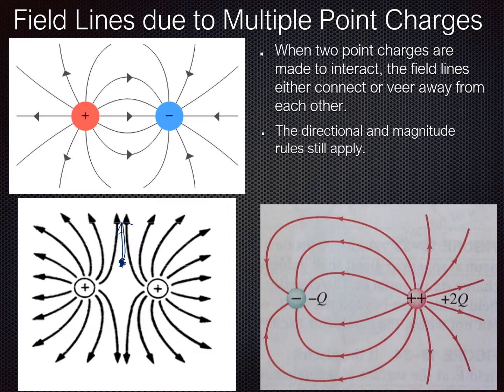So you can see that it's a similar shape, but the shape is kind of warped in favor of the stronger charge. If you look more closely at the stronger charge, it looks more like the star shape that we saw from just a single charge on its own,